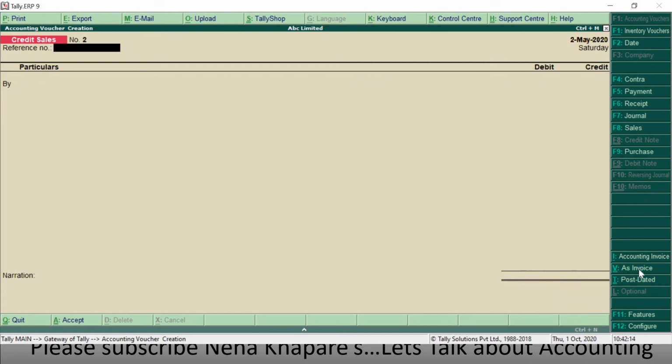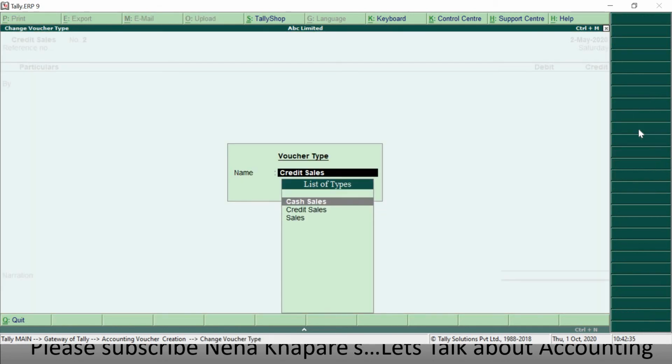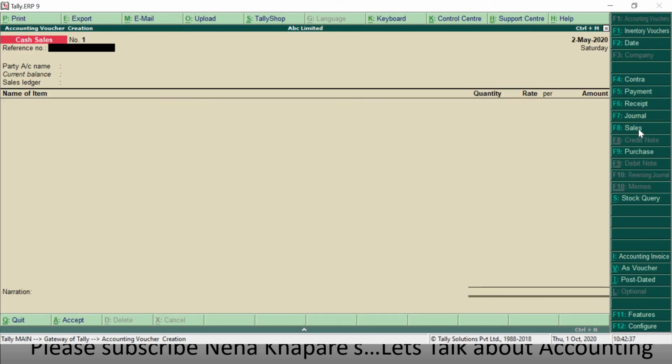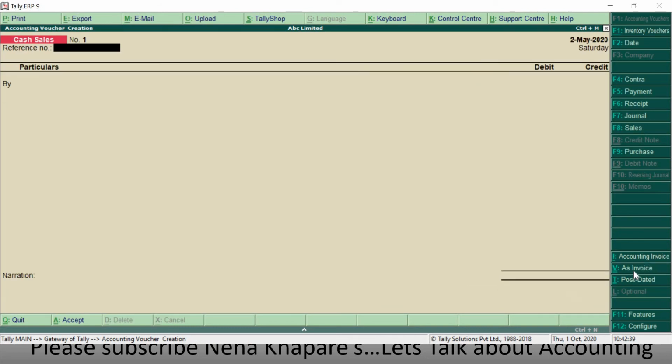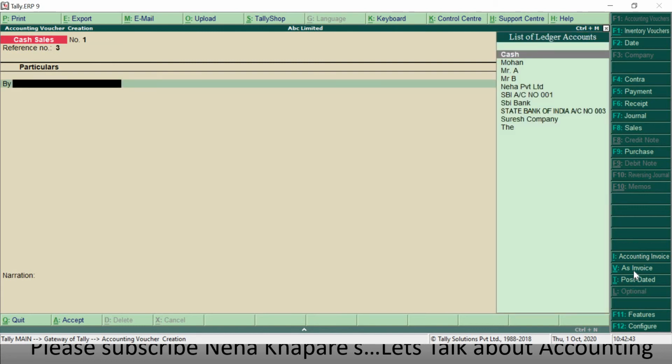Accepted. To understand it better, I have taken another example: goods sold to Dilip on cash of rupees 10,000. So I will again press F8 as I have to make the sales entry, and this is the cash sales. I will select cash sales as voucher. I will give the reference number as 3.